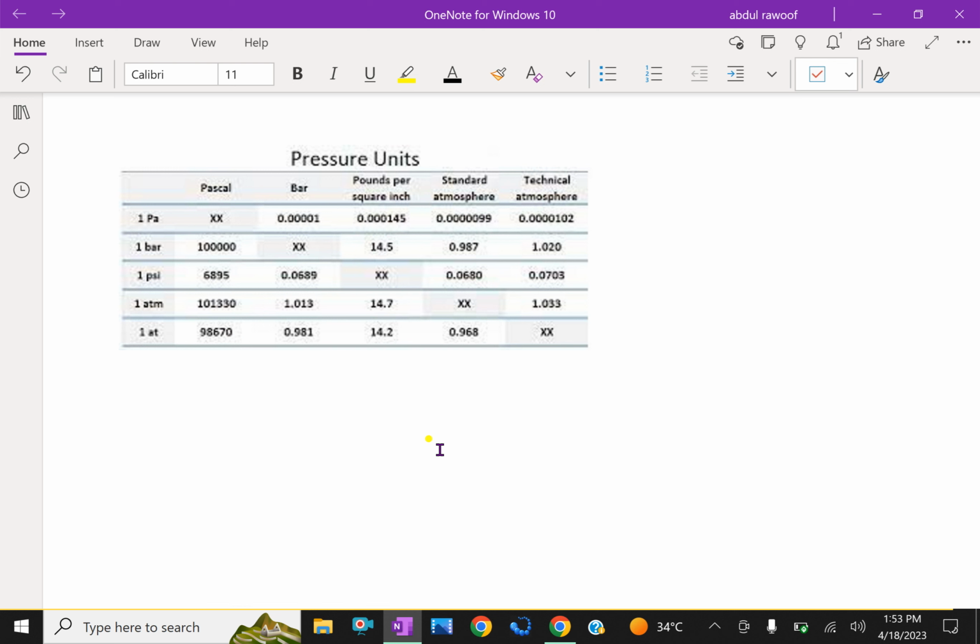Atmospheric pressure can be measured by a barometer, as shown. You know the barometer. The pressure goes through the fluid and up the column of mercury. The mercury settles at a point where the pressure exerted downward by its weight is equal to the pressure exerted by the atmosphere. Barometer is a useful equipment to measure the atmospheric pressure.